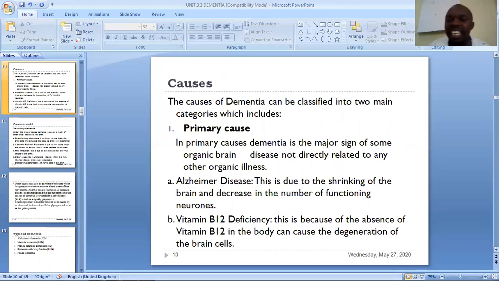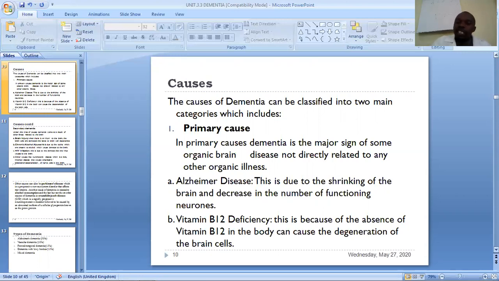This is due to the shrinking of the brain and the decrease in the number of functioning neurons. So Alzheimer's disease comes when someone is aging. We'll discuss more in Alzheimer's disease. For now, know that Alzheimer's disease is a cause of dementia. The other one is